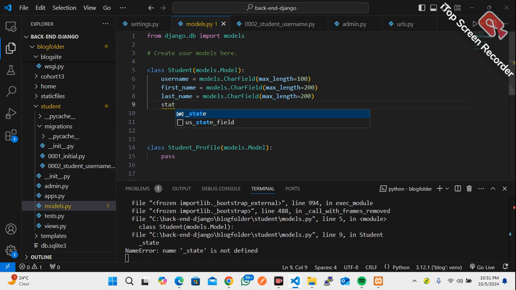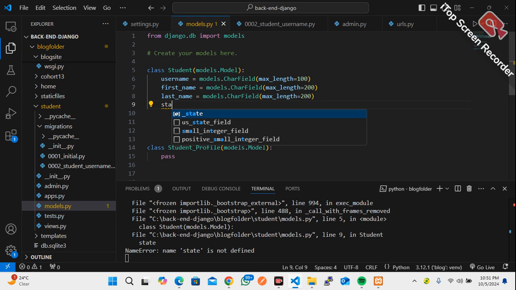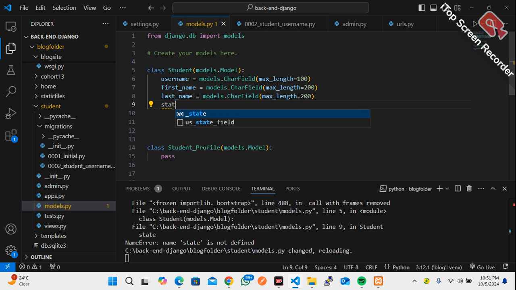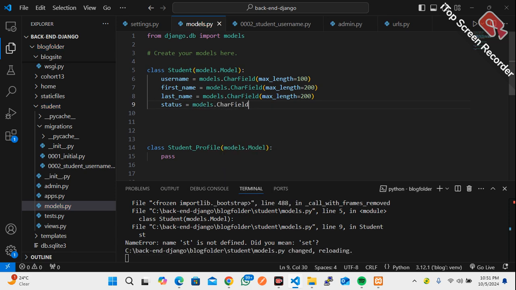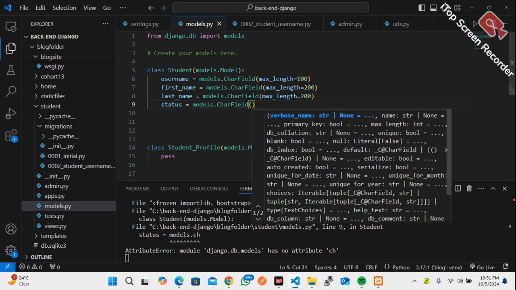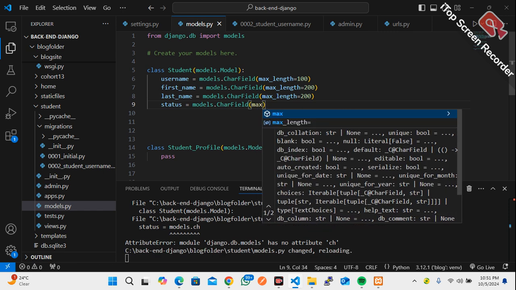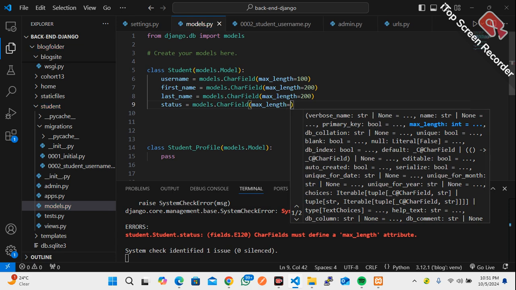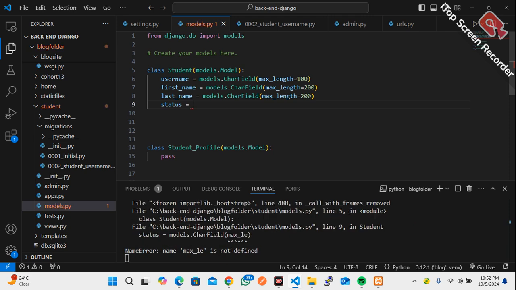Status is equal to models dot child field, we have a max. Okay, now the status here, we are not going to use child field because the status